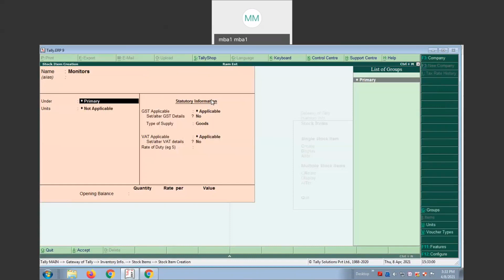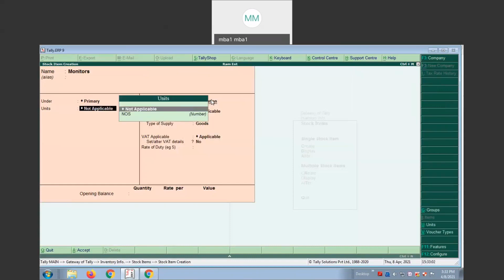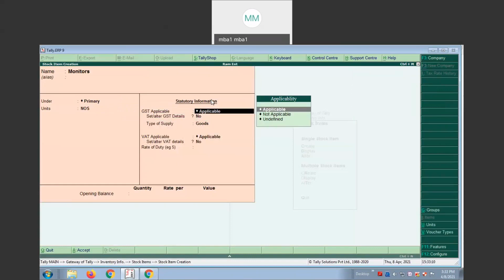It comes under primary, and the units of measure for the monitor is number. GST is applicable? Now GST is not applicable. Now value added tax applicable? Yes, applicable. Set or alter value added tax? Yes.